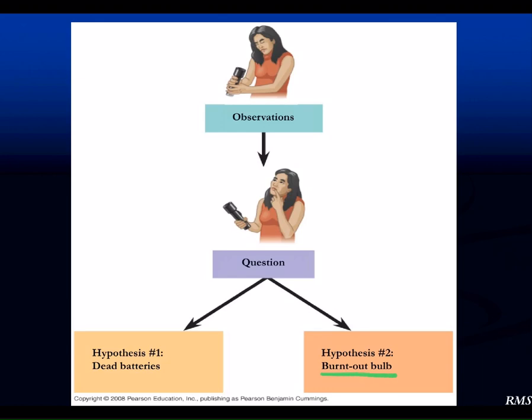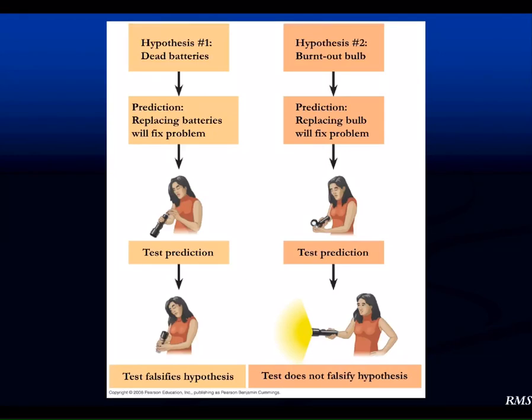Once again, that's an explanation to the question, why isn't the flashlight working? And that's something that's testable. So they're reasonable hypotheses. The next step would be to test those hypotheses. So we're going to make a prediction that if we replace the battery, the flashlight should work. So what we do is we take the cap off the flashlight, we take out the old batteries, we put the new batteries in, we screw the flashlight back together,